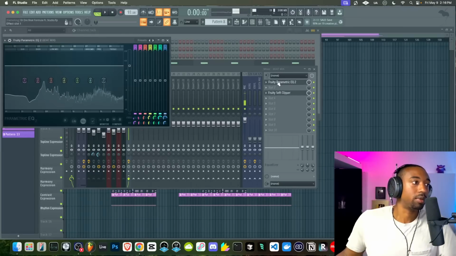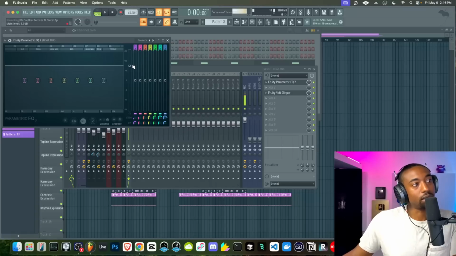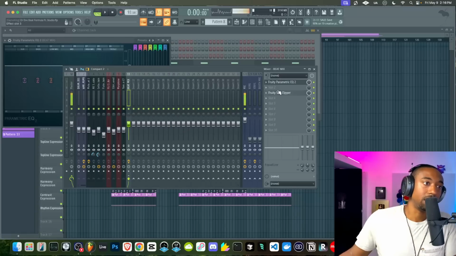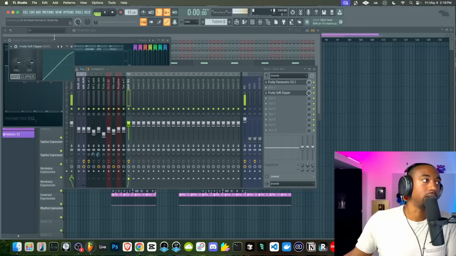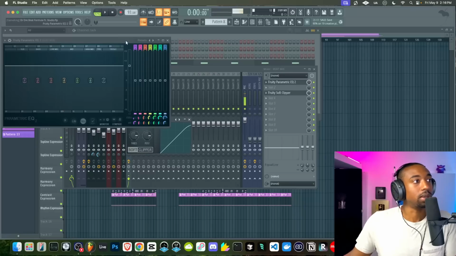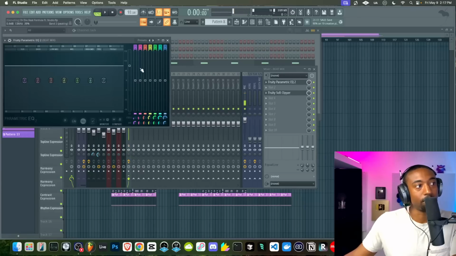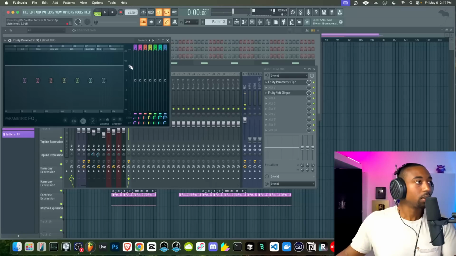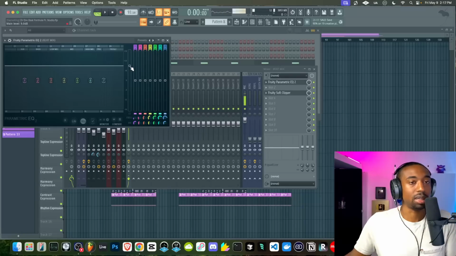The way you do that is with the first Parametric EQ 2, but you have to be careful here because you have to balance the input volume with the output volume. For a beginner, you're not going to understand what that means, so I'll just show you. We're going to crank the input off of the EQ 2. Where it says main level, we're going to go past the 9 dB that we had,